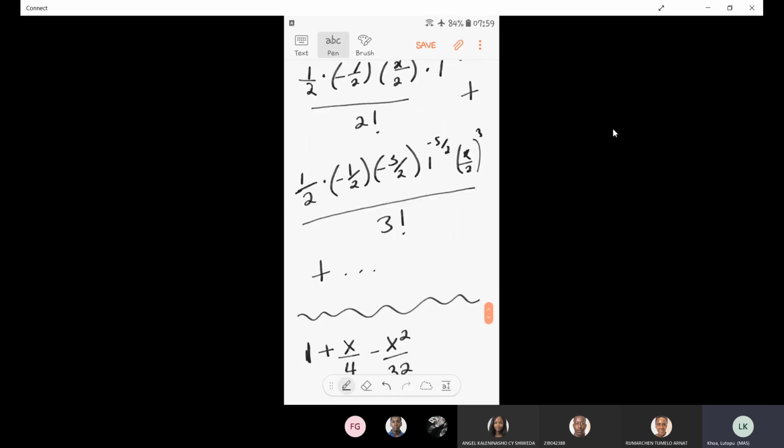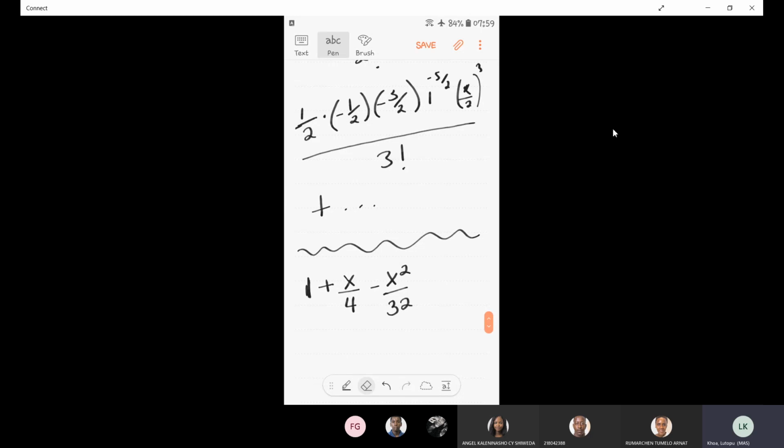Then the last term, okay, so I have half times half times half. So first my negatives, I have 1, 2, so the final answer will be positive. Then I have half, half, half, and half to the power of 3. That is already 2 to the power of 6 in the denominator. And then this 3 here in the numerator will cancel with that 3 with the factorial. Then I'll be left with times 2. Because remember,